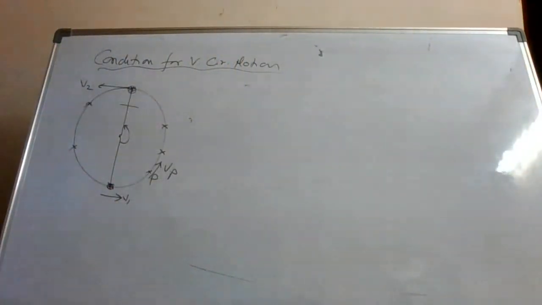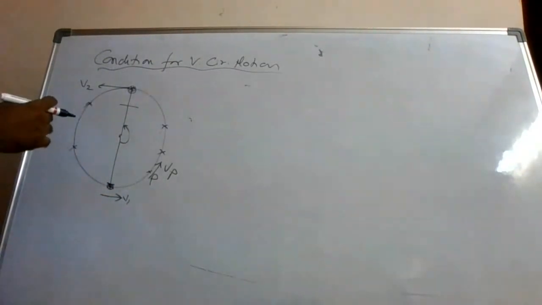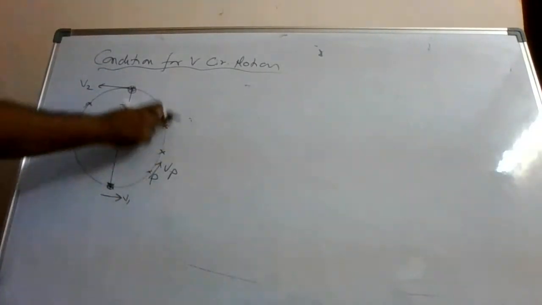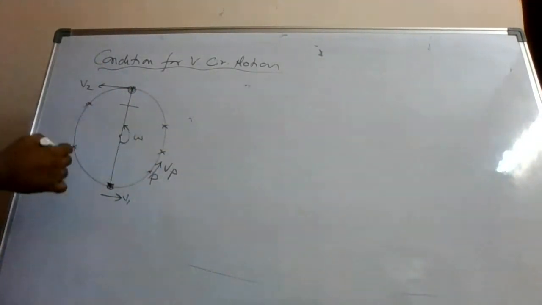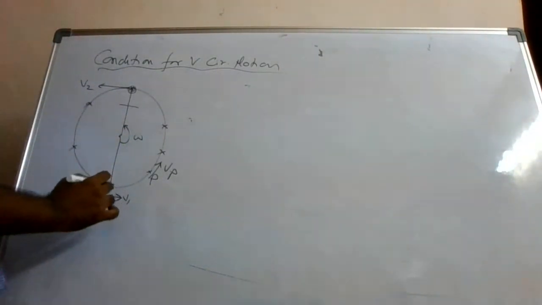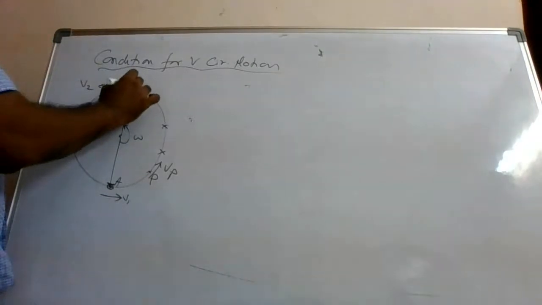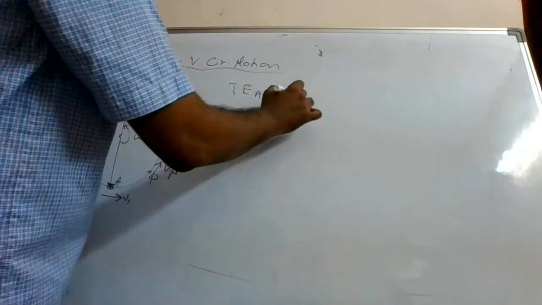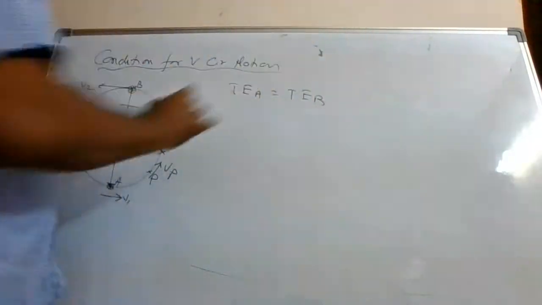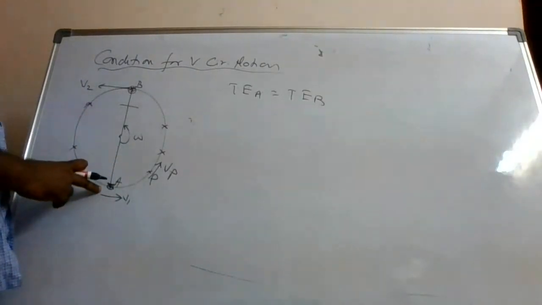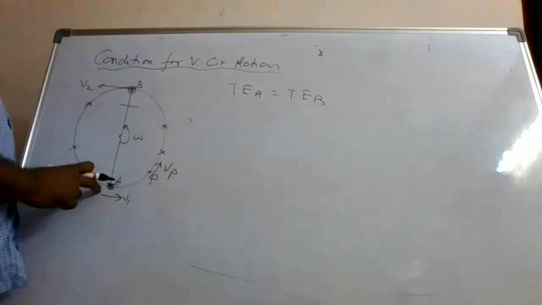Now, let us calculate what should be the velocity at the starting point. We are assuming that this circular motion started from this point, alright, and it is rotating like this. This is our omega. Now let us call this position as A and this position as B. So can I write total energy at A is equal to total energy at B? Conservation of energy. So total energy at A will be potential plus kinetic here.